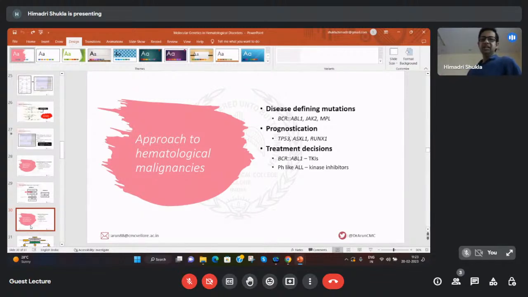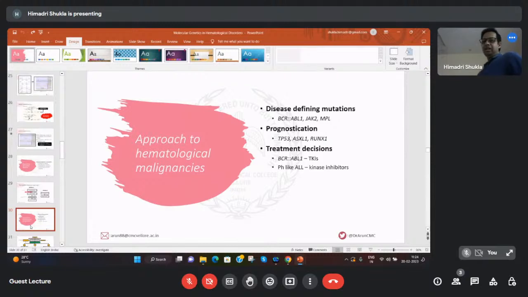Okay? So then a little bit on the malignant side, hematological malignancies. So why do we need molecular diagnosis? It could be for identifying the mutations that define the disease itself, like the BCR-ABL1 translocation or JAK2 mutation in the case of polycythemia, etc. It could be purely for the sake of prognostication, like TP53 mutations and many other mutations. Or sometimes it could be for the clinician to make therapeutic decisions. Like a common example is your